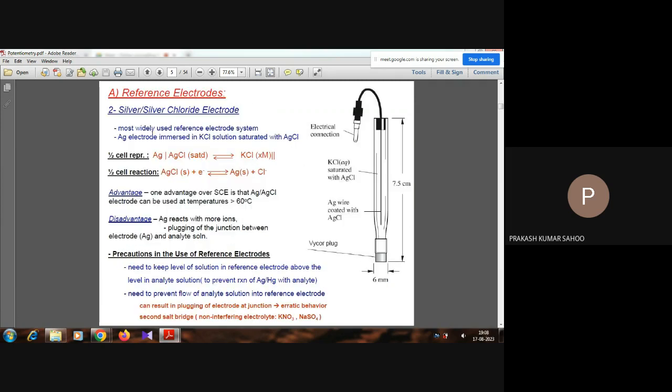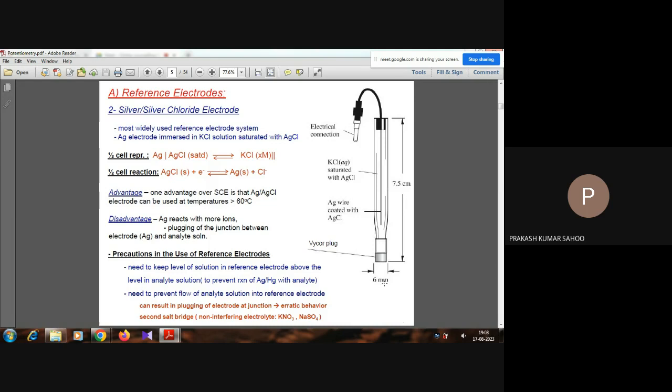and this is the second type, the silver chloride electrode, where silver is placed in silver chloride solution, and silver chloride is precipitated. So here, this is a representation: silver in silver chloride saturated, and we also have potassium chloride in a specific concentration. What is the silver reaction? Silver chloride gets converted to silver solid and chloride ion,